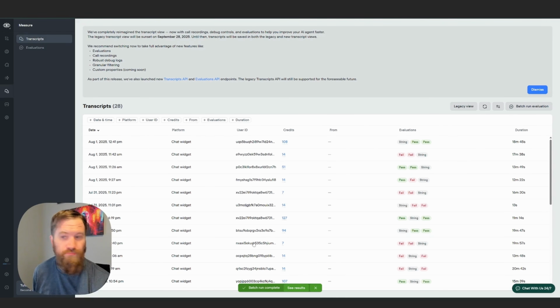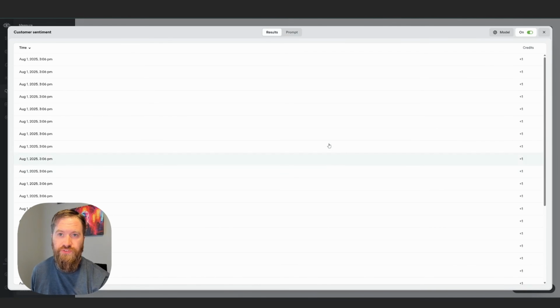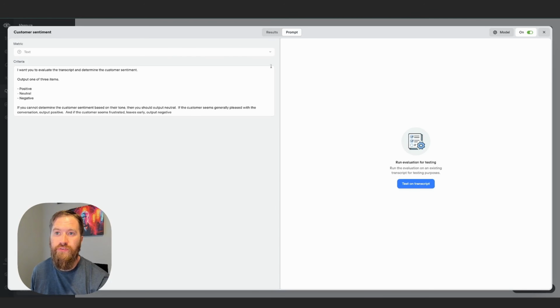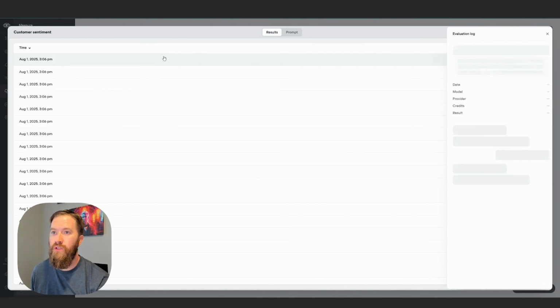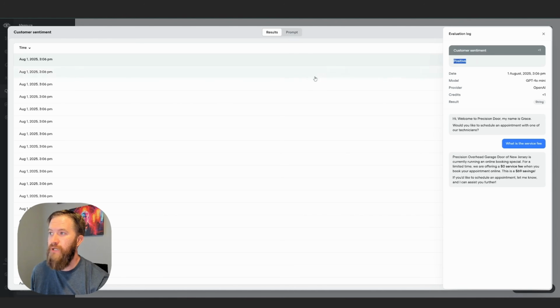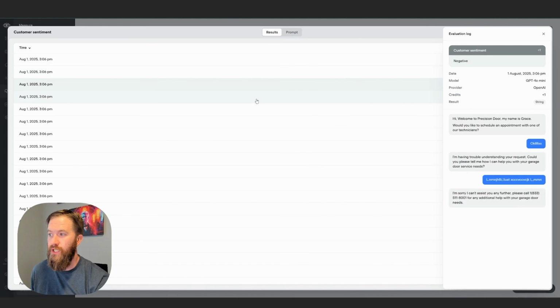Batch run complete. If you click see results, now for the same evaluation, you can click through positive, positive, negative. This is spam. See, it's another thing. So this brings up another good point. If you come in here and review these evaluations, you might realize I didn't actually get the output that I want, like the quality of the score. This isn't really negative.